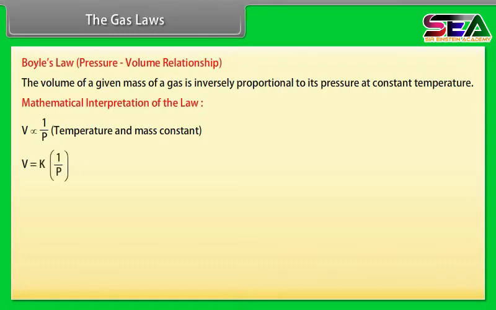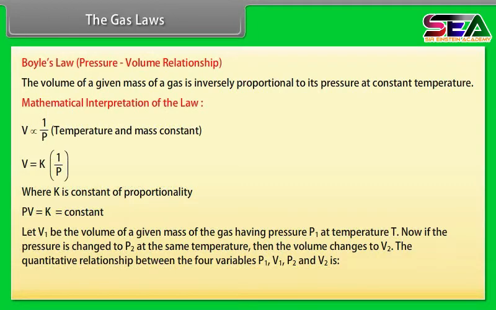V is equal to K into 1 by P, where K is the constant of proportionality. PV is equal to K, which is a constant. Let V1 be the volume of a given mass of a gas having pressure P1 at temperature T. Now, if the pressure is changed to P2 at the same temperature, then the volume changes to V2. The quantitative relationship between the four variables P1, V1, P2 and V2 is P1 V1 is equal to P2 V2 at